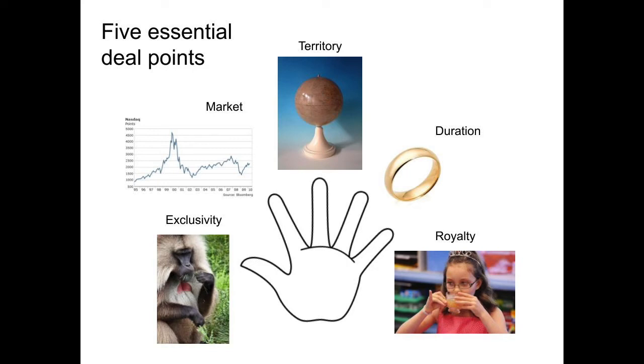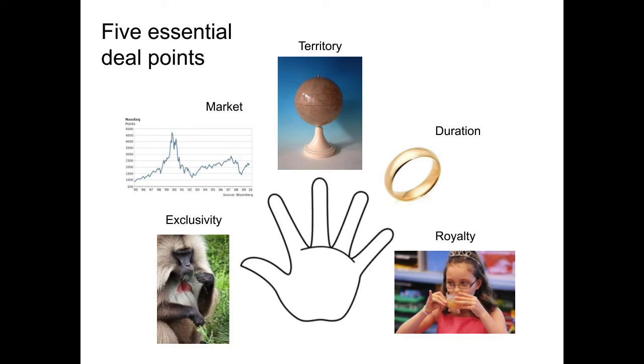Of all the points, I would say this is probably one of the most important of the agreement, but it is often the one that gets the least attention. How long will the agreement last? Or how long will the rights being granted last? Will they last forever? Will they last for a year? If they ask for a year, can they be renewed for additional years, and so forth? I associate this one with the ring finger because the ring, the wedding ring, represents eternity, and so that I associate with duration.